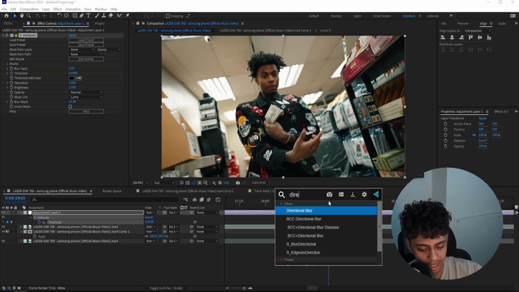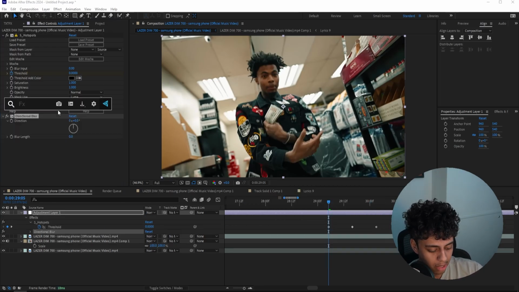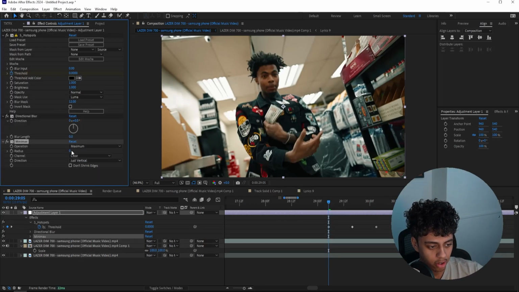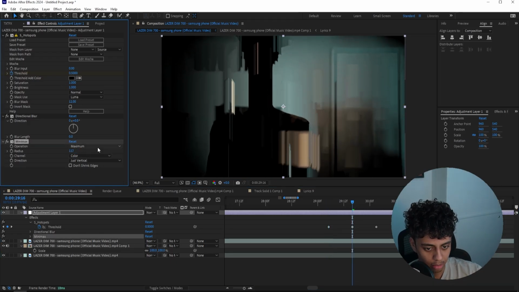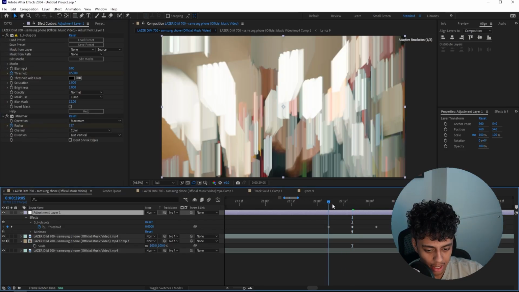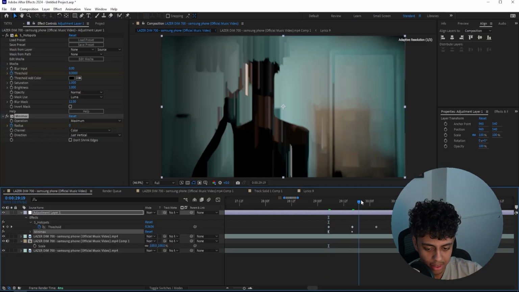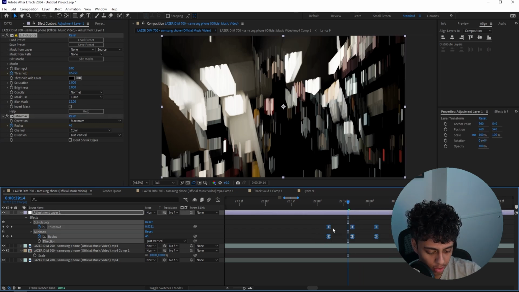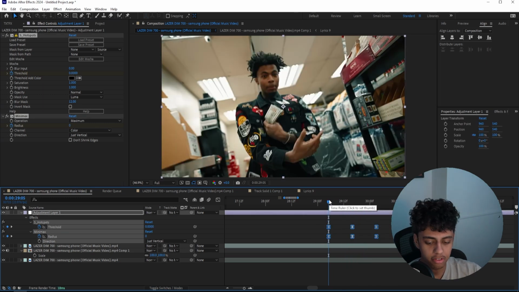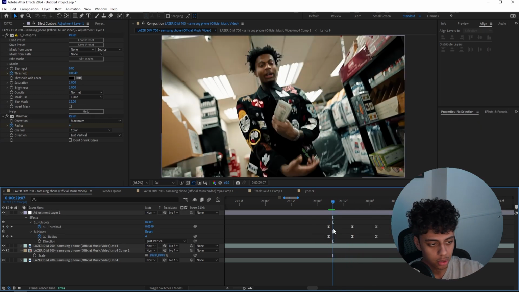We could also add on something like a directional blur or a minimax and have something like a vertical blur here at the peak. So when it gets dark, we have the vertical blur just like that, or the directional blur, it doesn't really matter. And then at the start, you turn it down to 0. At the end, you also turn it down to 0. It's a pretty cool effect, nothing too crazy. We could also easy ease these keyframes, but if you don't have the Sapphire plugin, you could use the levels